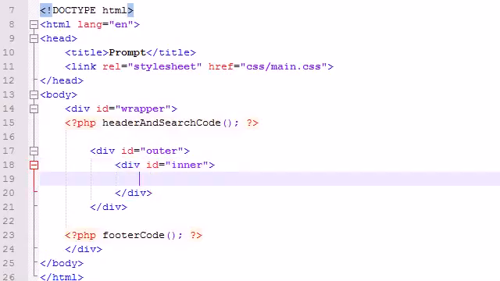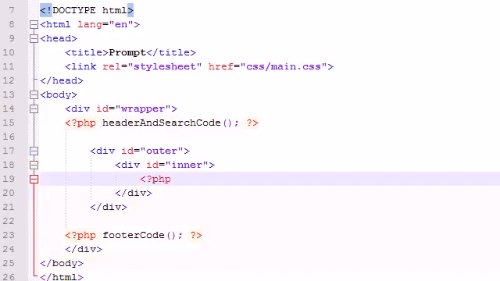Now in here is where we're going to be creating the message. Whenever we need to leave a message to a user, like in this case, we're going to say, we sent you an email, click on the link in your email to activate your account, but the message is going to differ. However, since we don't want to create a new web page for each message, we're just going to create a simple PHP function,